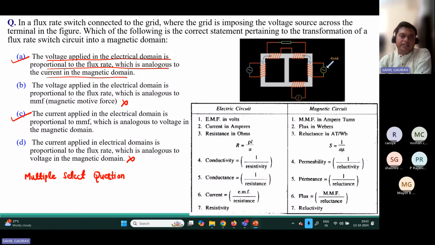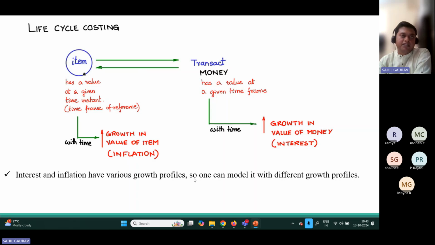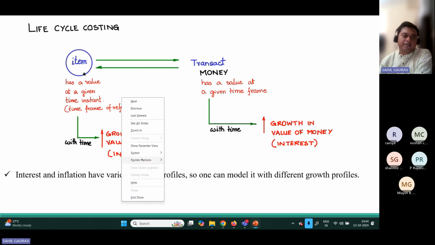So let us see the next part. In the next part we have the costing of PV system. In this part we will estimate the cost: whatever the cost is today, how it will vary in the future, and if you know the future cost, what is the present worth. So here in this slide you can see